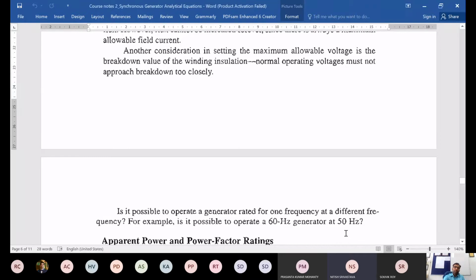Okay, now frequency is determined by the grid to which you are connecting. Yes, you can change the speed, but I'm asking whether there is something else which might need to be adjusted here, or can you just bring a 60 Hertz generator, connect it to a 50 Hertz grid and operate? What else might need to be adjusted? One is the speed of rotation. That's clear. That's obvious actually, because if you want to run it at 50 Hertz, the synchronous speed has to be different. That is okay. What else?